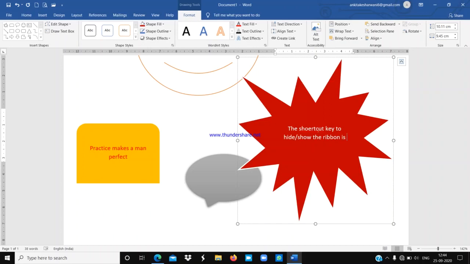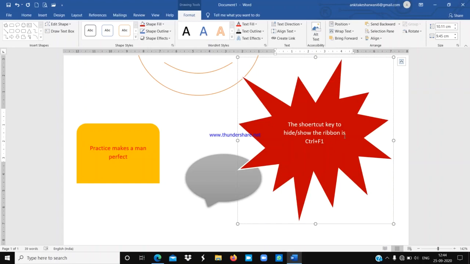Understood everyone? So like that you can insert any text inside any shapes.